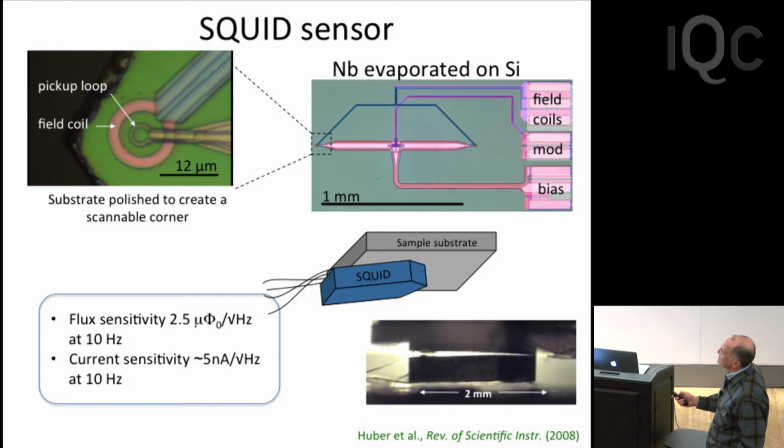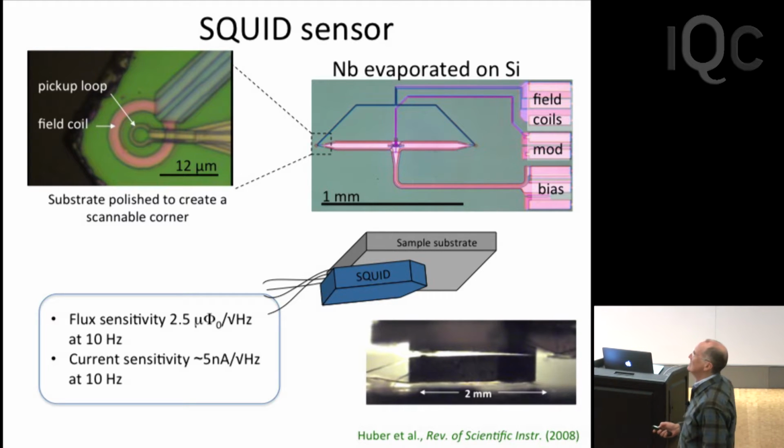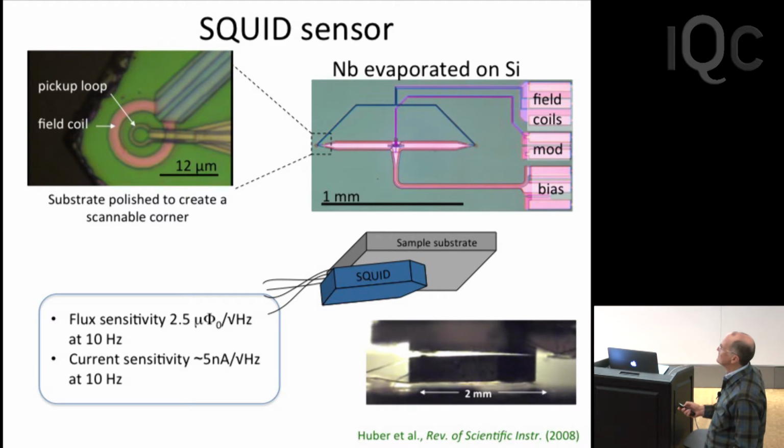So here it is. The SQUID is touching the sample. You can see the reflected image of the SQUID in the sample, and we adjust things so that it just barely clears the wire bonds. We want as shallow an angle as possible, and we can typically get a few degrees. Then the spacing between the pickup loop and the sample is this distance, which is typically 10 microns, times the sine of that angle. So we're typically spaced about a micron above the surface.